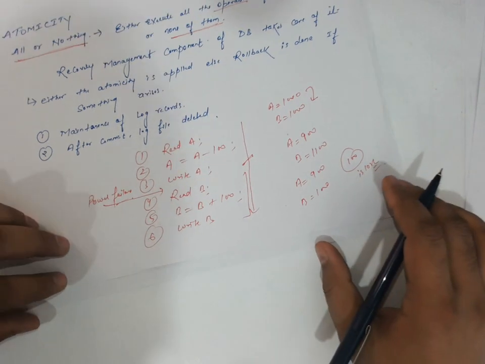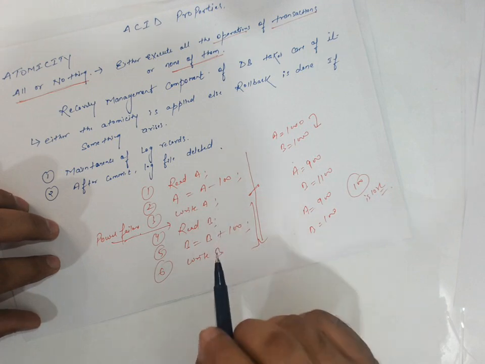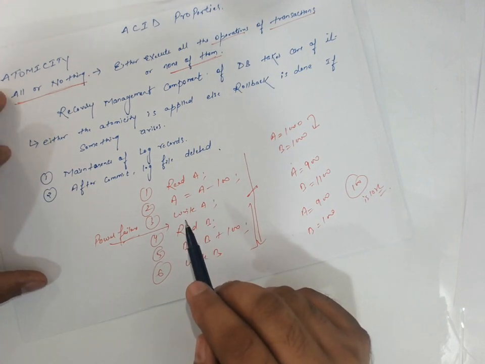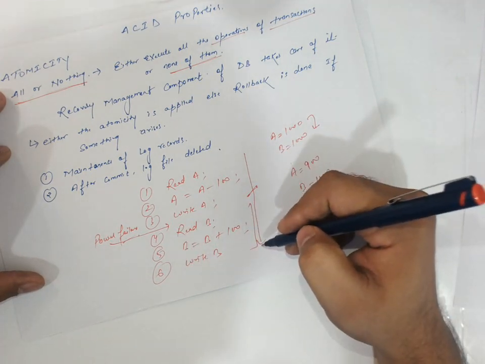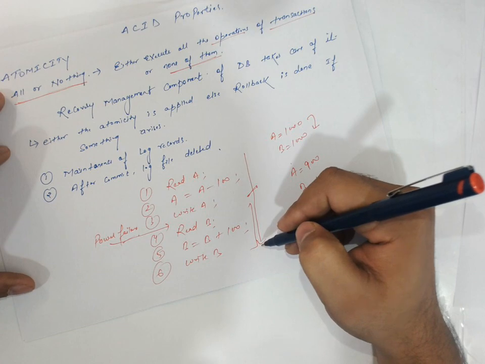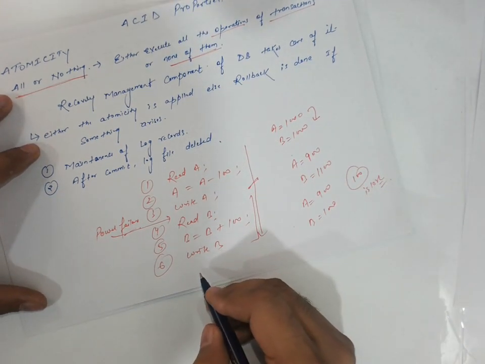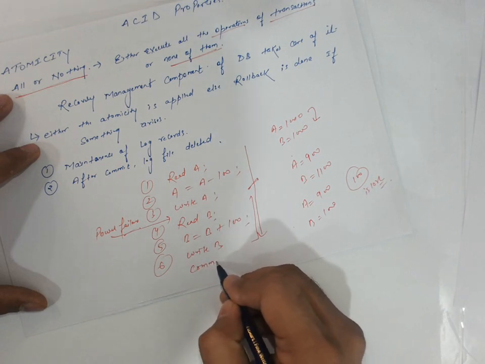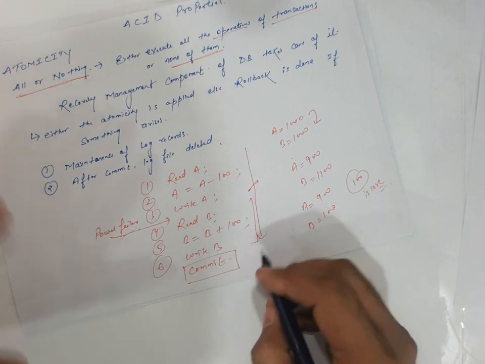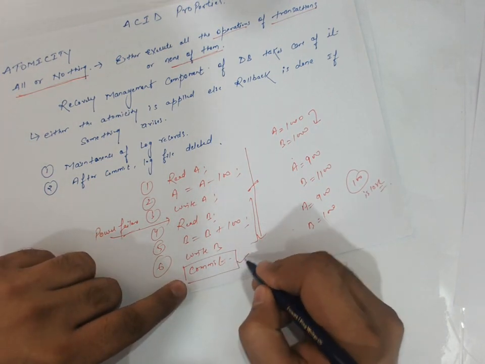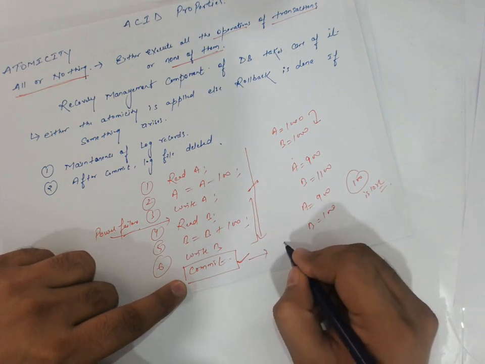This is lost because this transaction did not follow the atomicity property. What is the atomicity property? All or nothing. Either all the instructions will be executed, or none will be executed. So we use a very important term, that is commit. What do you mean by commit? If we allow the operation to commit after the instructions, then only the changes will be directed to the main database.